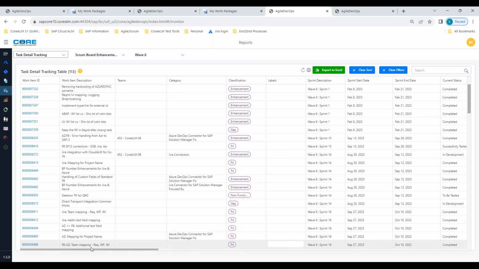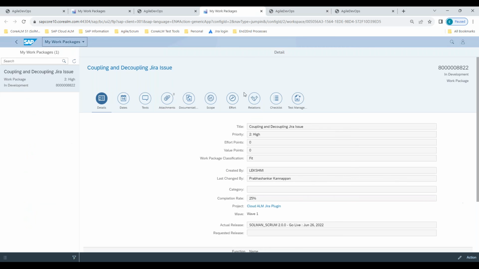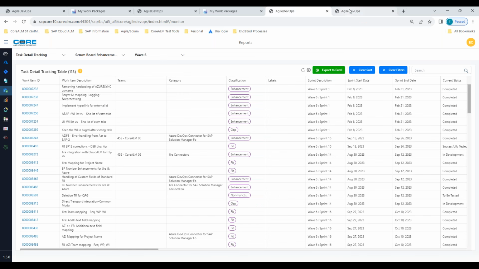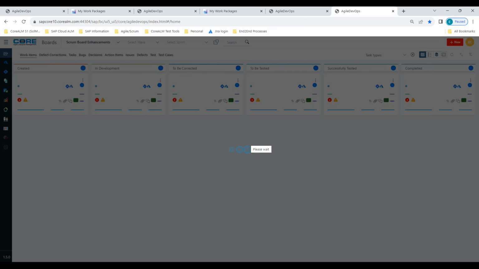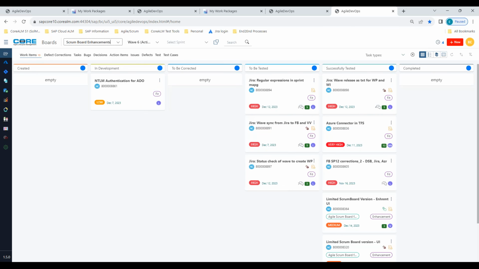So as we're transitioning from the build and the deliverables, we're coming into the testing part of the project. Let me just refresh this. As we're transitioning into the testing phase, then the Scrum Board itself will